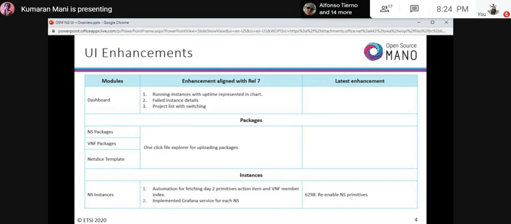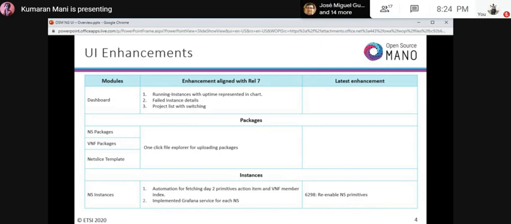I mentioned it is module level. While I go for packages, it's a parent level module. In that parent level module, we have child levels. NS package, VNF, and NS are child level packages in our packages module. As part of RHEL 7, we enhanced it: we already had a drop down feature for uploading packages.